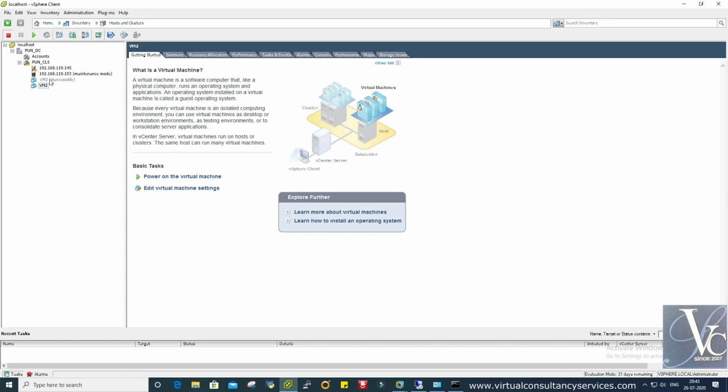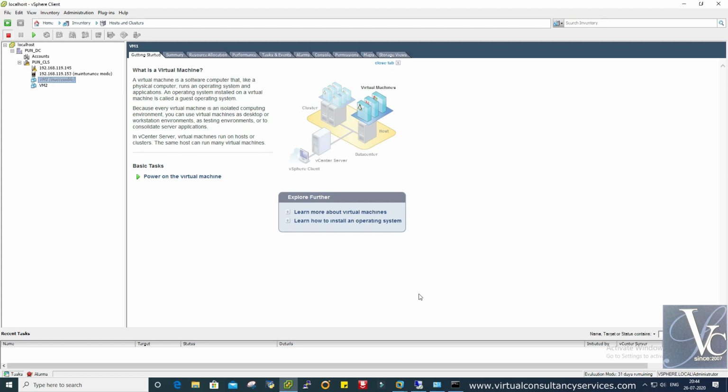If you are seeing a VM as inaccessible, we will go through how we can bring this VM back into the production environment. So these two sessions we will go through today. One is basic commands for the vSphere environment, and the second is if a VM is inaccessible, how we can recover this VM.